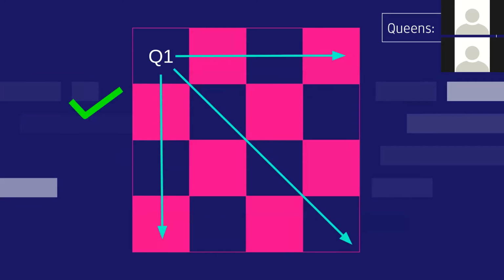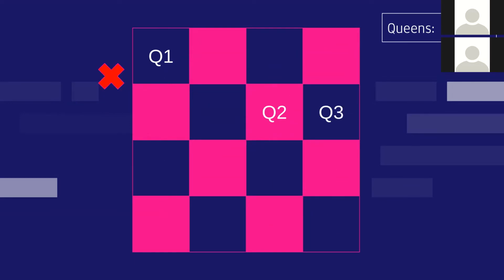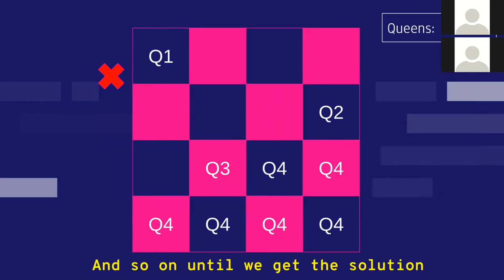So this is the starting position. All the squares are safe initially. So you can place the first queen anywhere. Next, you try to place Q2 here. Doesn't work. Doesn't work. And so on. This place is safe. This place is not safe. And you do this until you find a safe place for Q3. But for Q4 you cannot find any safe place. So you shift Q3. And again Q3 cannot find a safe place. So you shift Q2 and the story continues.